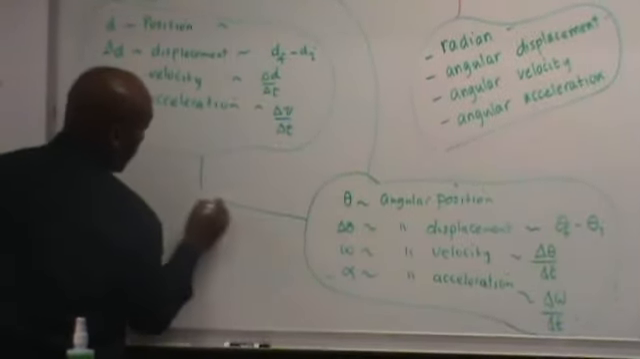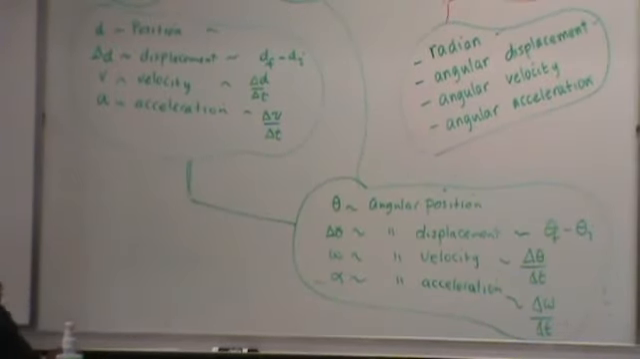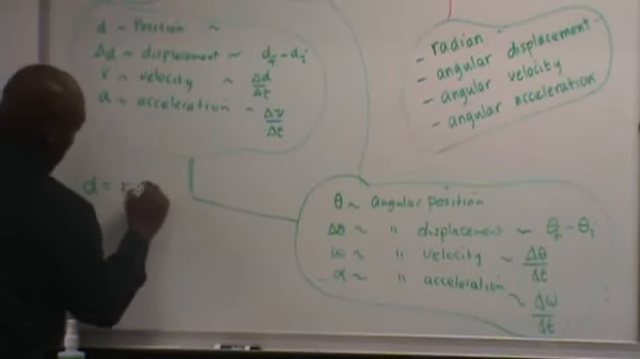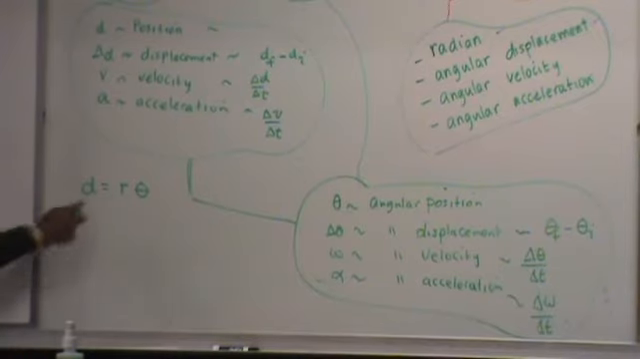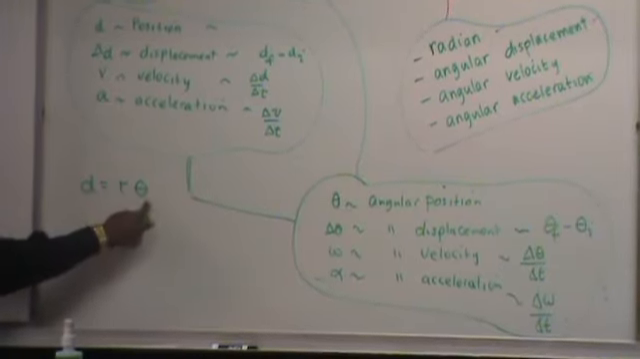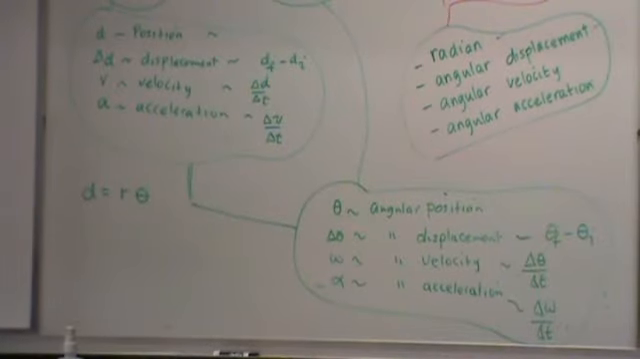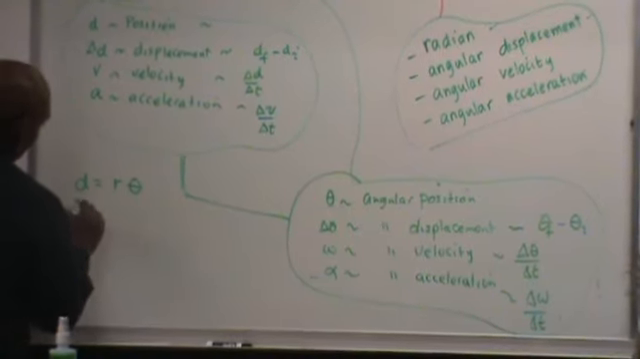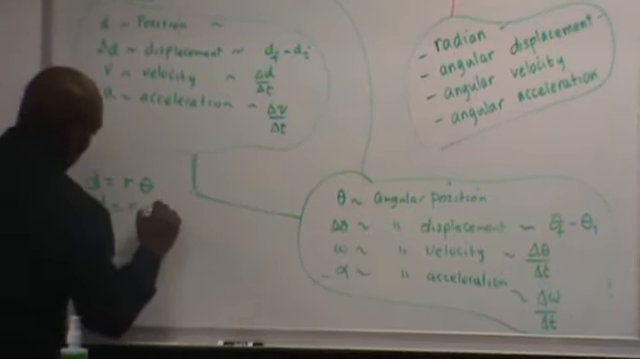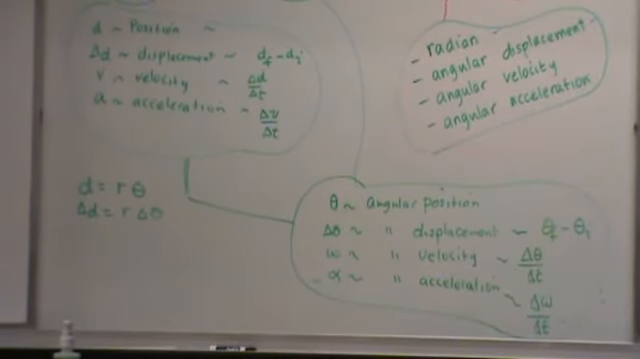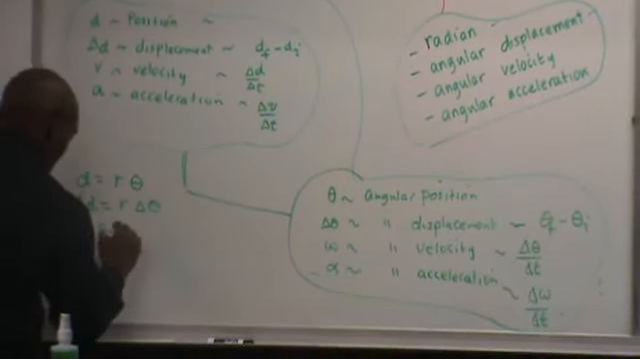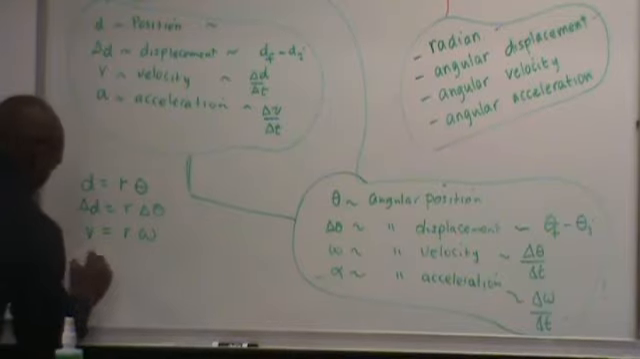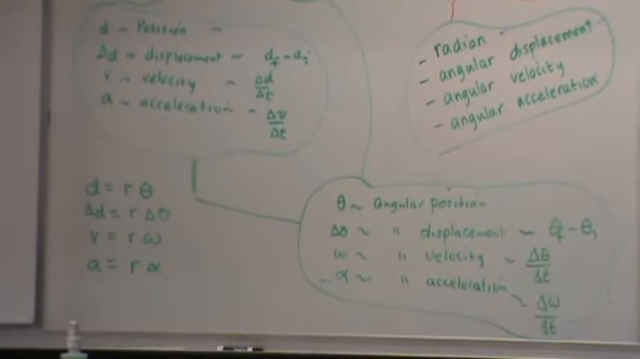Now, there are relationships between these two, linear and angular. D is equal to R theta. So if I know D, I can always find theta, or if I know theta, I can always find D. All I need is the radius of the circle. Right? What else? All of them are related by